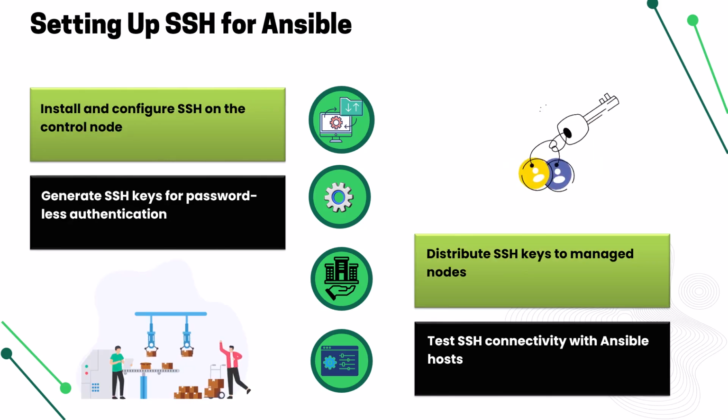Before we dive into automation, we need a solid SSH setup. First, we install and configure SSH, because without it, Ansible wouldn't talk to remote servers. Then we generate SSH keys. Passwords are old school. Next, we distribute those keys, so managed nodes trust us. Finally, we test connectivity, because nothing is worse than running a playbook only to find out your connection is, well,